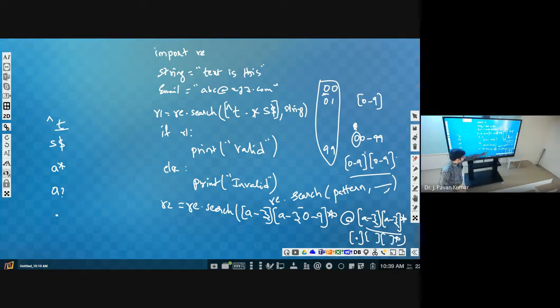So now what will it return? If it is matching, then it will return correspondingly some value. If it is not matching, it will return none. That you remember as of now. So if R2, print valid email, otherwise else invalid email. If R2 print